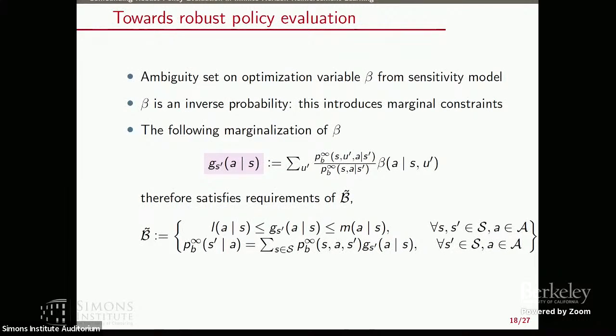Okay, so what we do is that we study this problem a little more closely, and because we are working with a finite state space, we can reparameterize this optimization over a certain marginalization. So we're going to define this G variable, which is the marginalization of this inverse probability weight with respect to an unknown, but possibly adversarial transition distribution. And we can verify that the same restrictions implied by the previous sensitivity model can equivalently be imposed on this new reparameterized optimization variable. And the most important thing is that the dimensionality of this reparameterization depends only on the size of our problem, on the cardinality of the state space, instead of scaling in the size of my data